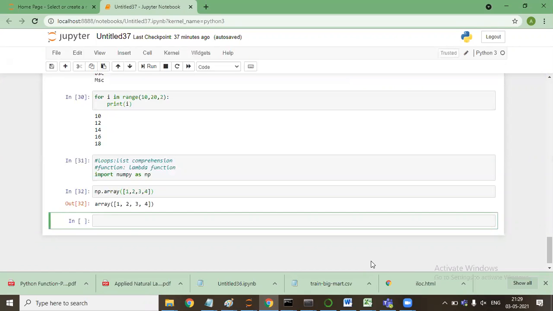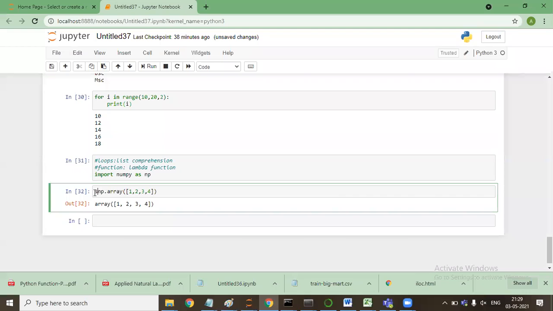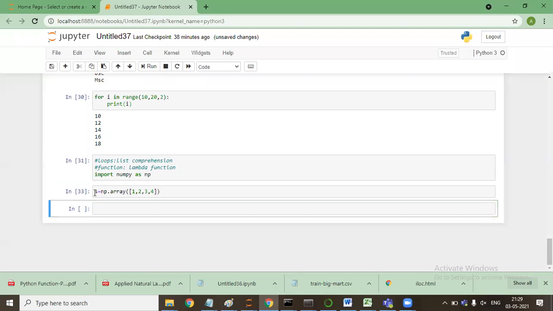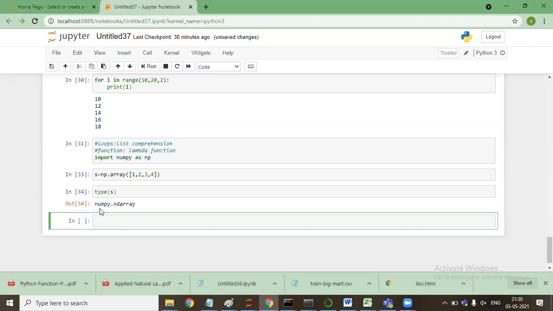Now, it is a numpy dot ndarray, an n-dimensional array.